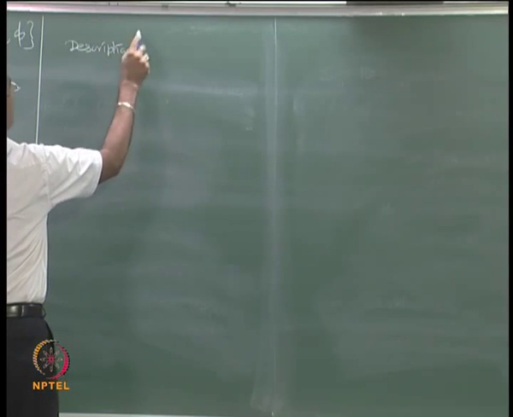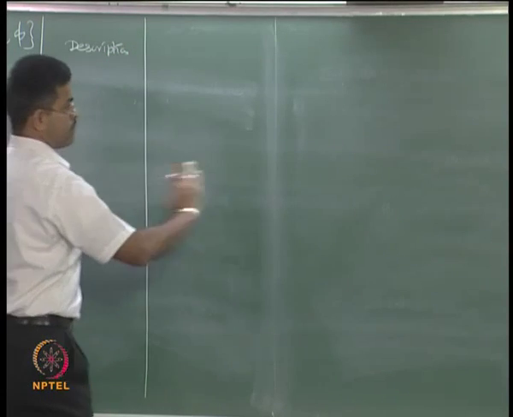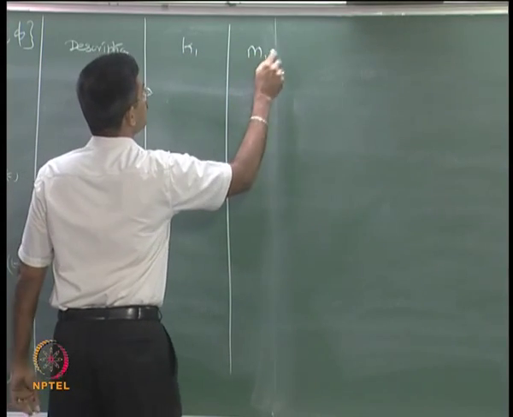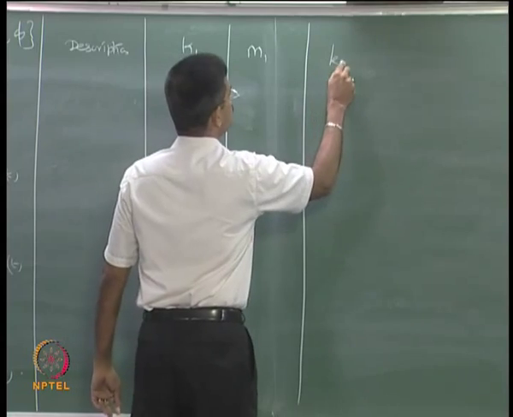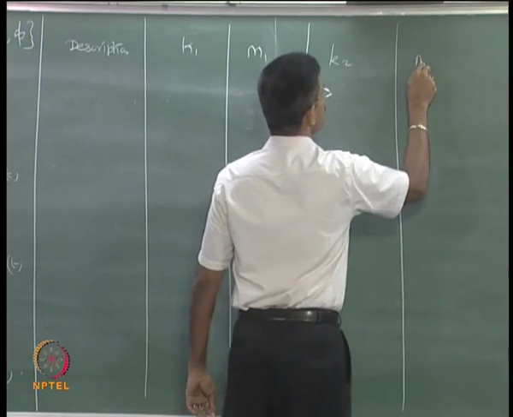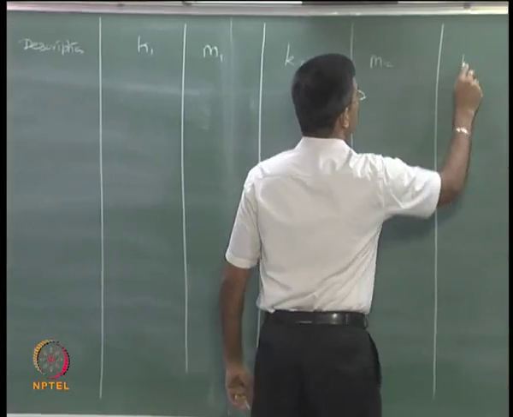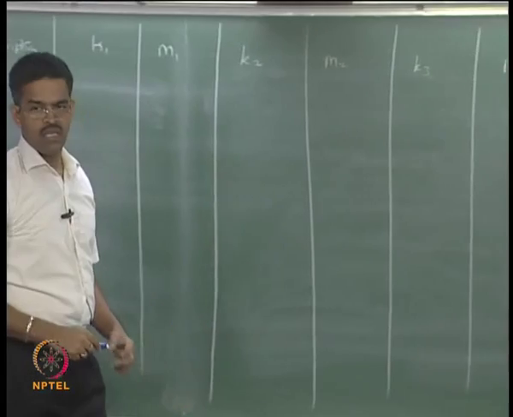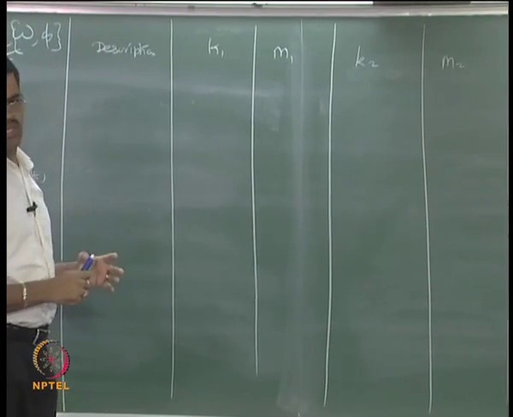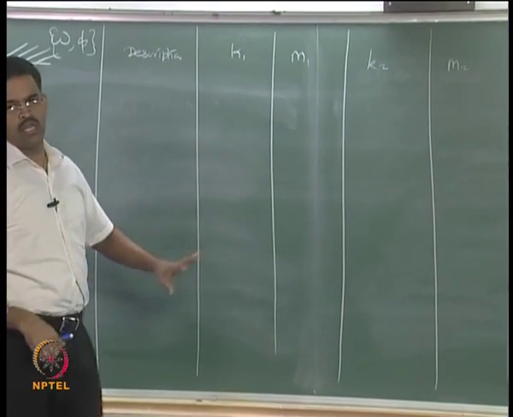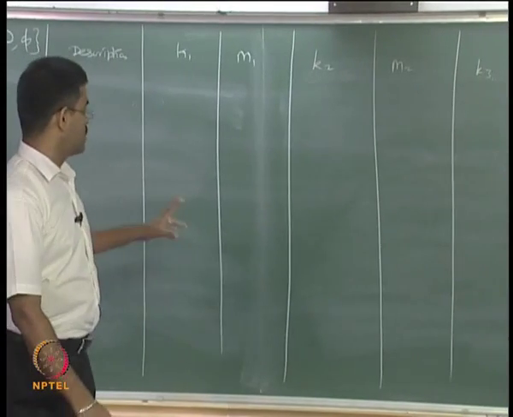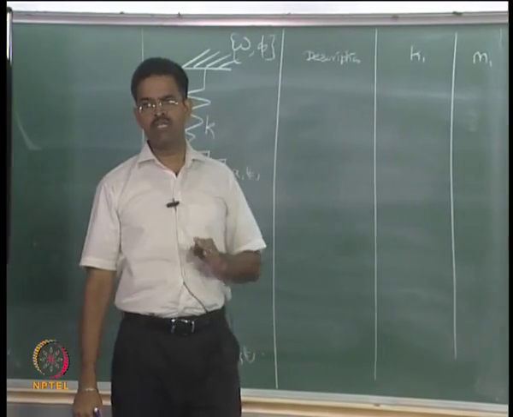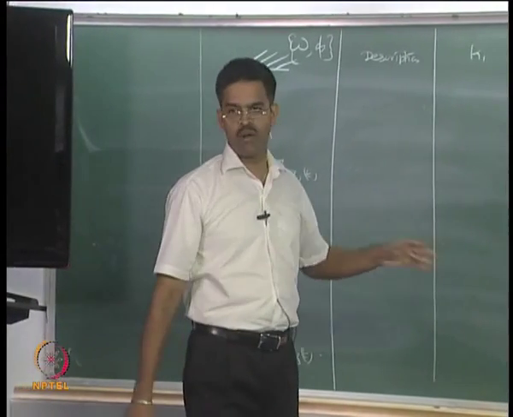So please open a table in landscape format, then write K1, M1, K2, M2, K3. Please follow this method, it is a very interesting and easy technique, and remember very carefully, if this method is not followed here, I guarantee you that there is not a single textbook which will give you this method in the same style as I am discussing. It is not available, not even a single textbook will tell you the same way I am addressing this problem.